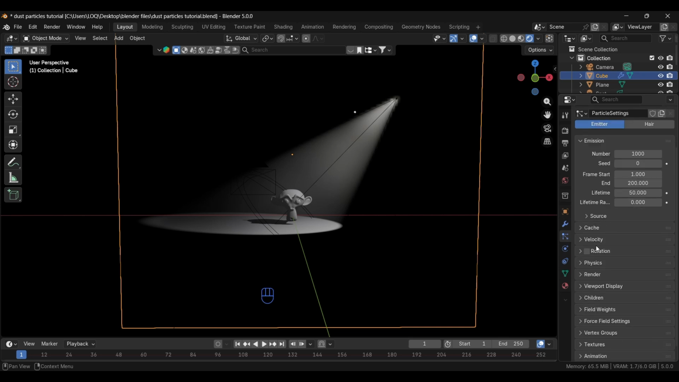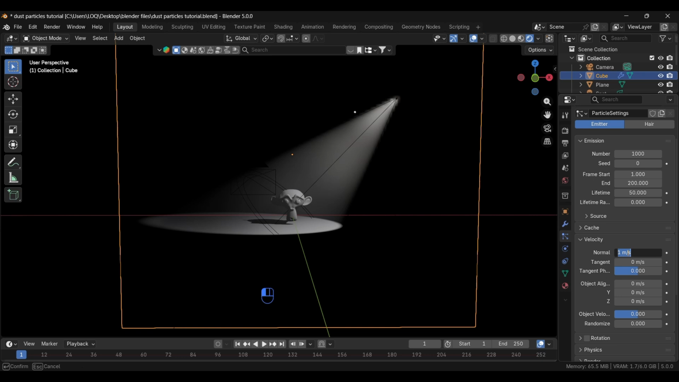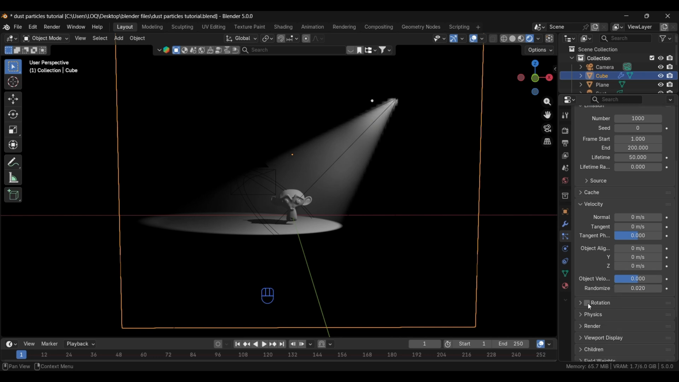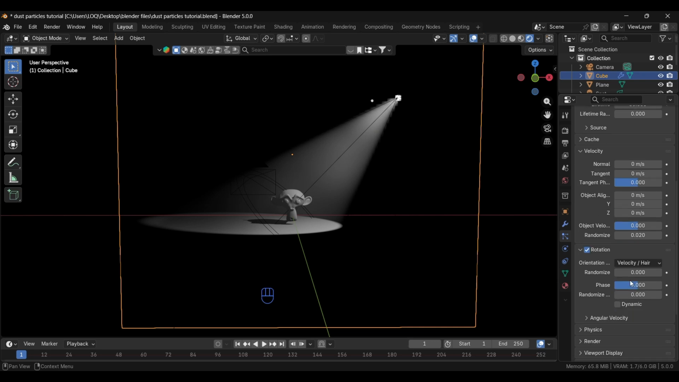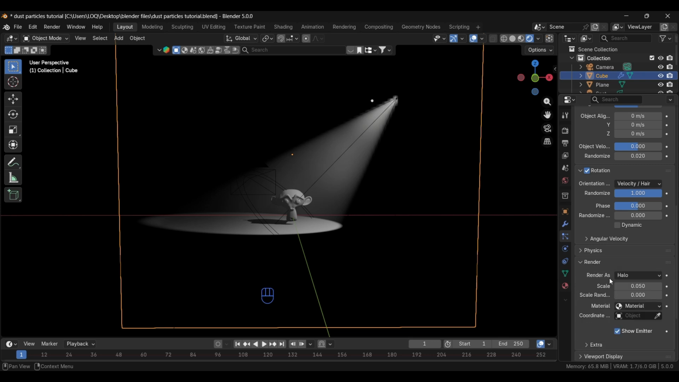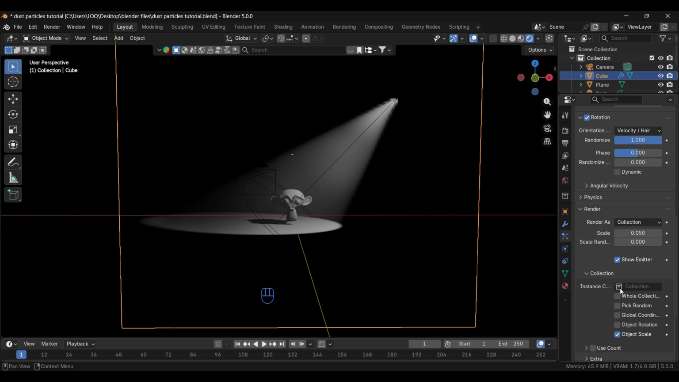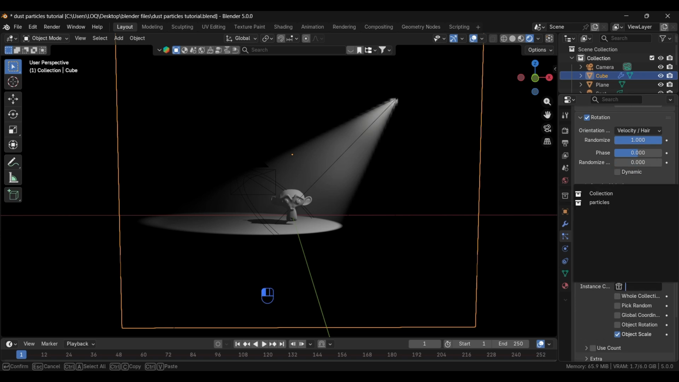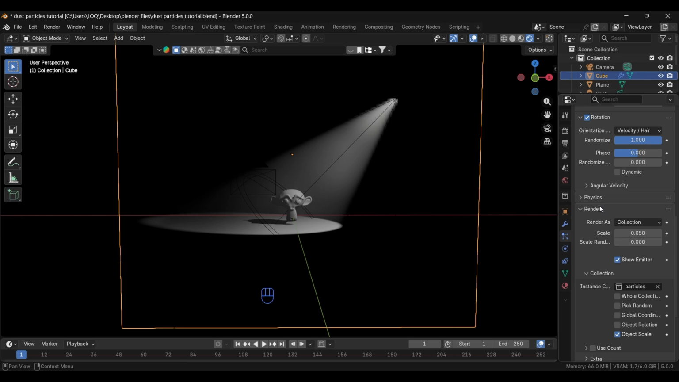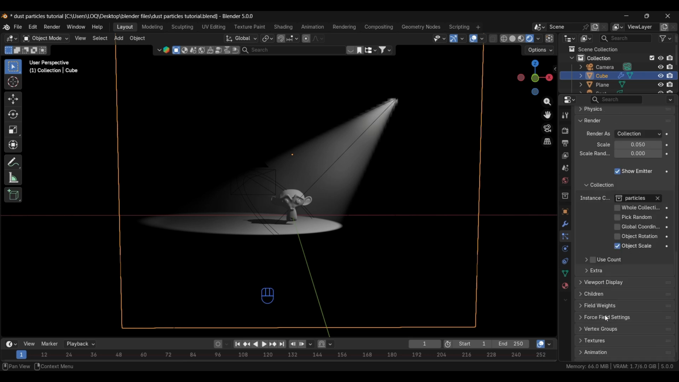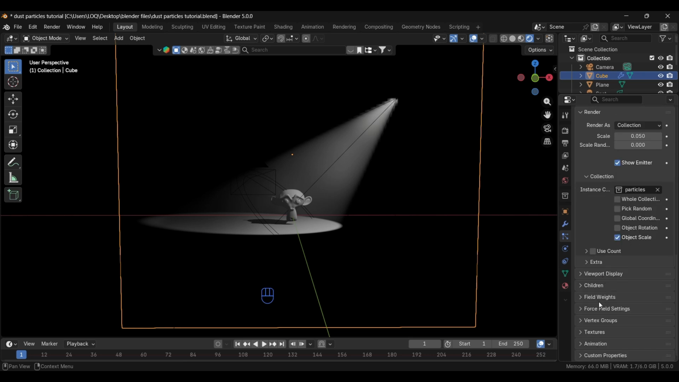and here after this we'll go here in the velocity, we'll change this value to 0. With that we'll increase this randomize value to 0.202. We'll check this rotation. We'll also increase this randomize value to 1, and then here in the render we'll change this render as to collection. Now here we are going to add this collection that we have created. So select your collection, and okay, after that